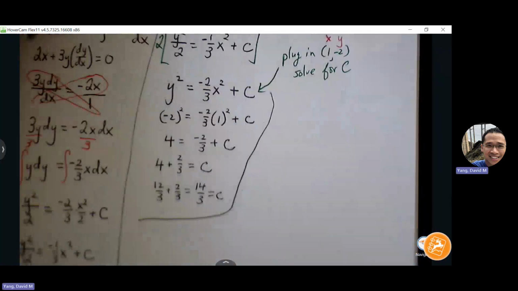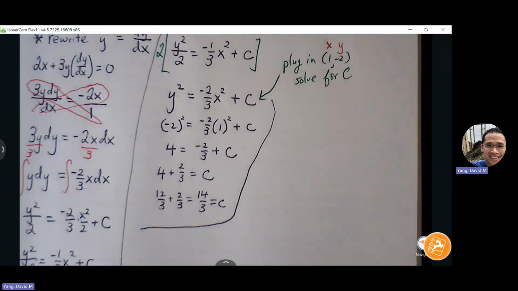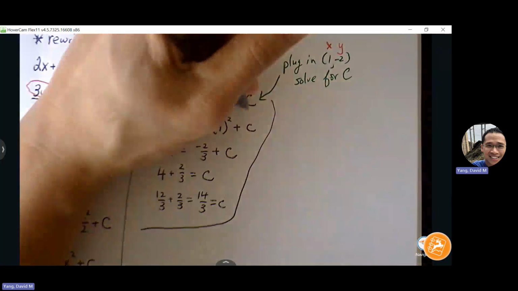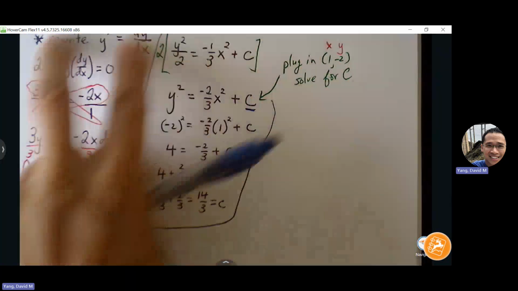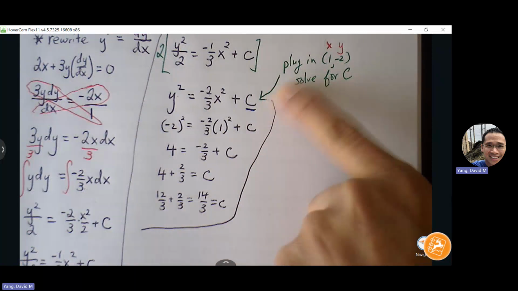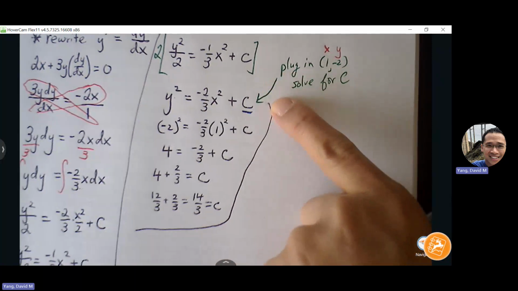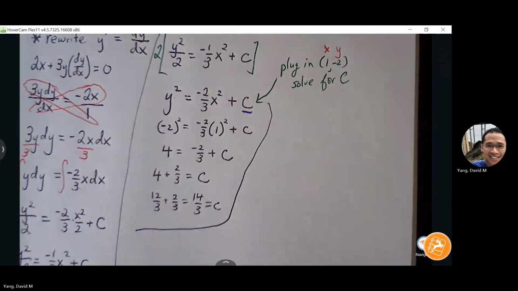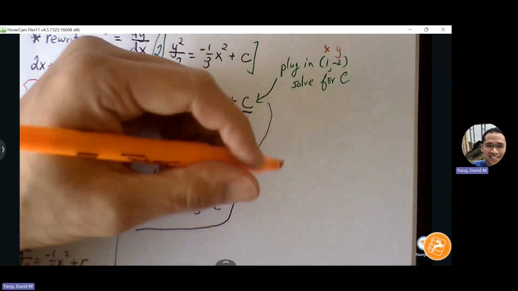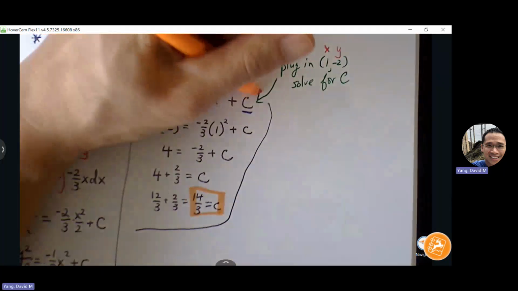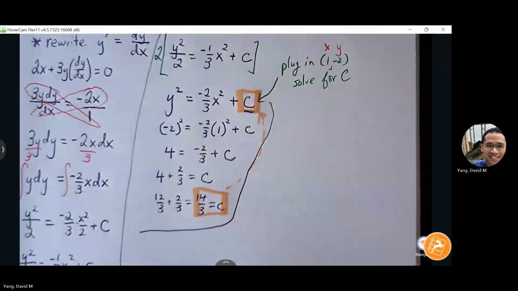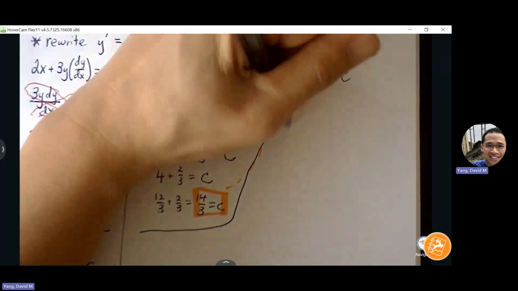Okay. So now I'm going to take this 14/3 and do what with it? Plug it back in for c. Now there's a bunch of c's here. You're going to plug it in where you started to make the substitution. Okay, so make sure that you plug it in not anywhere there's a c. Make sure you do it at that level where you started making the substitution. Okay, so wherever that is, that's where we're going to make that substitution back in. So this 14/3 will go in here. All right, so y squared equals